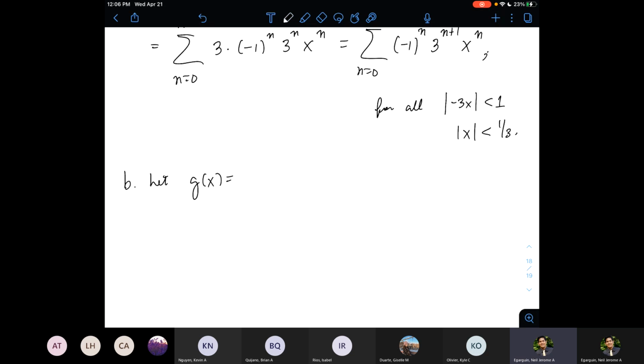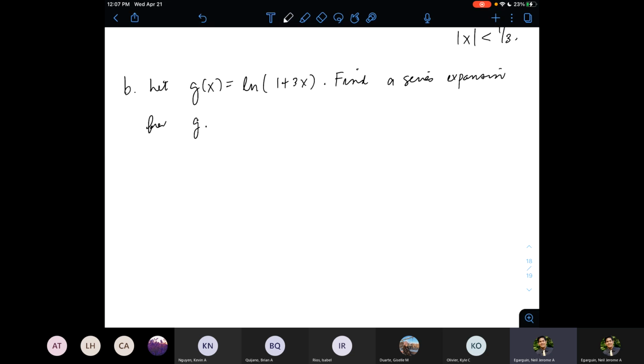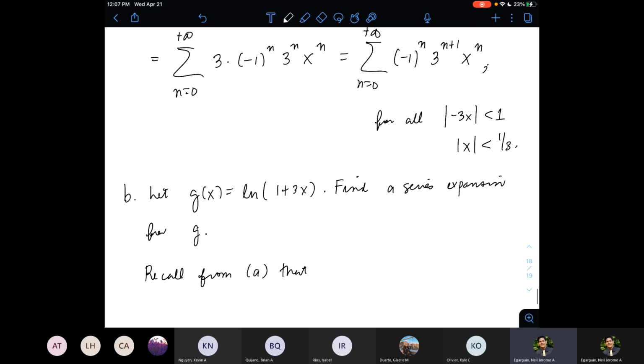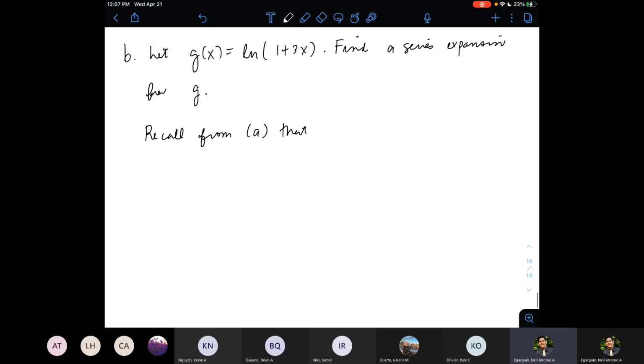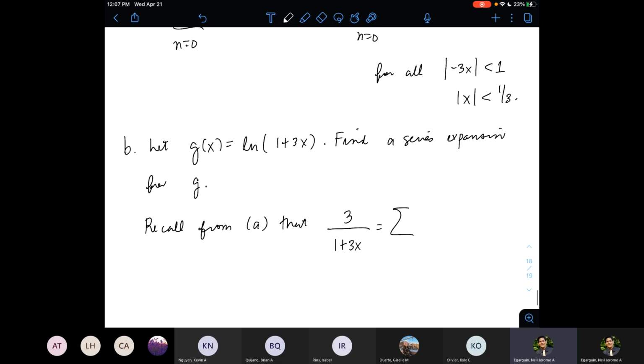Let g of x be equal to ln of 1 plus 3x. Then find the series expansion for g. Now, I can take advantage of the expansion we got for 1 over 1 plus 3x. So recall from part A that 3 over 1 plus 3x has the series expansion